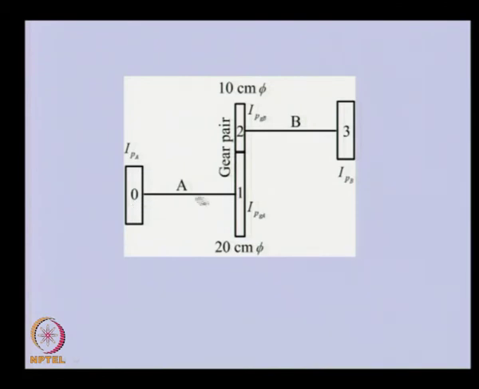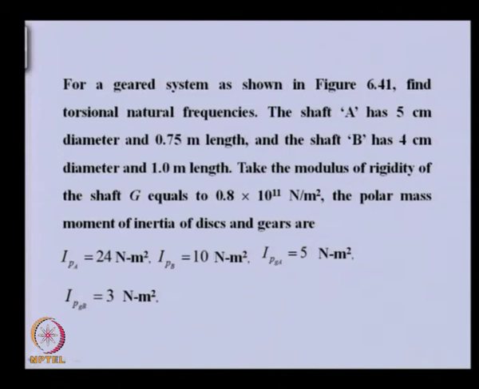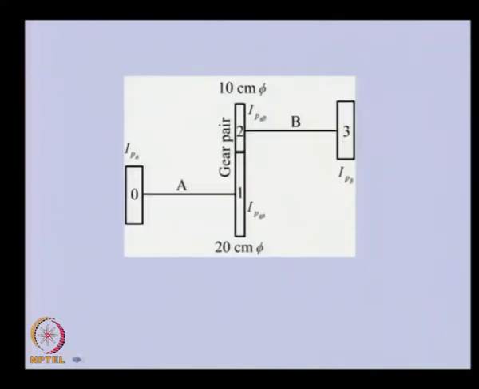one of the flywheels, and this is connected by this gear to this gear, and this is another flywheel, and various properties of these are given for the gears, and in this case these are the flywheel properties. In this case we are considering the inertia of the gear also, and other properties of shafts A and B are given here, even the material properties of the shafts are given. Now, with these properties we can